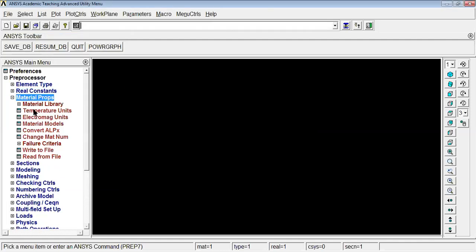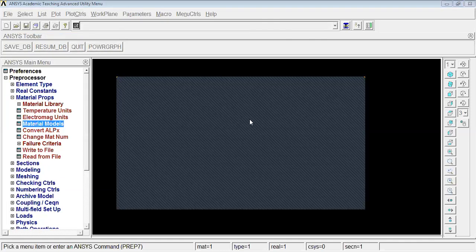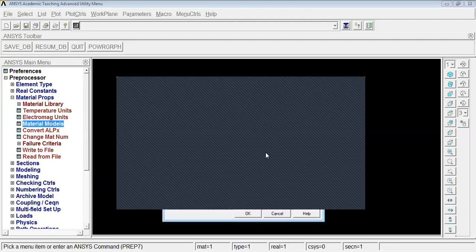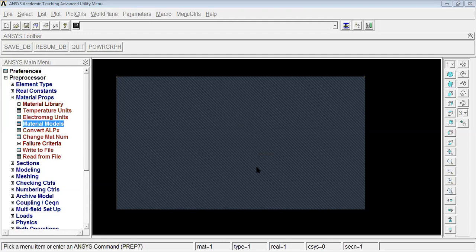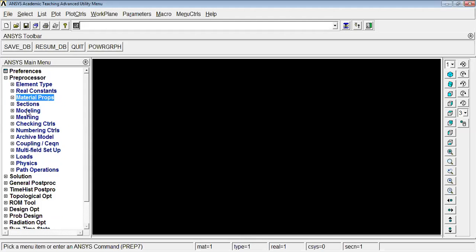Then material properties, material models, it is a structural problem, linear problem, elastic problem, isotropic problem, having Young's modulus as 2 into 10 power 11 Newton per meter square, and Poisson's ratio, you can choose it as 0.27. In addition to this, we have to define a density value for a dynamic problem, and the density rho is given as 7840 Newton per meter cube. Say OK, close. So these are the material properties values.